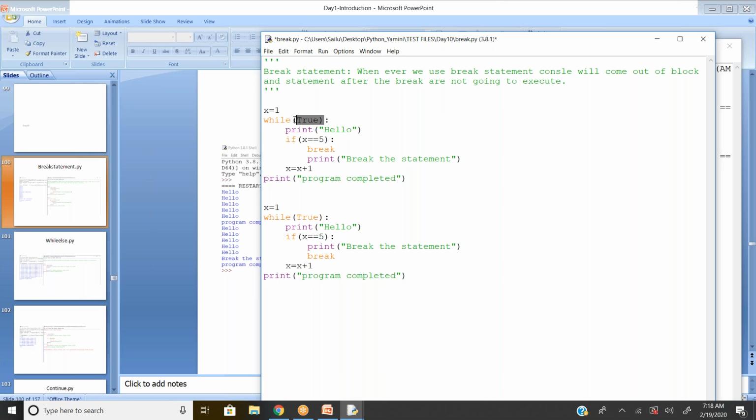While True means the condition is by default given as an infinite loop. So this condition by default is true. That means it's an unlimited infinite statement. It will execute without stopping. Print hello. So the system is going to display hello, just for our understanding.